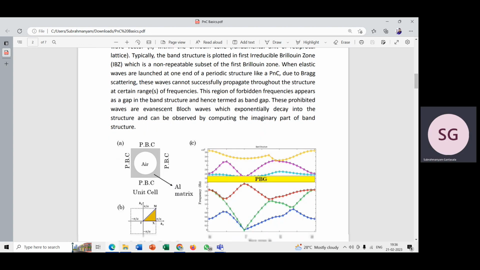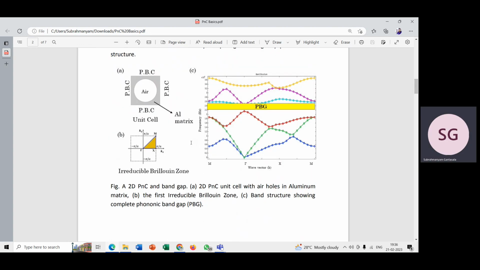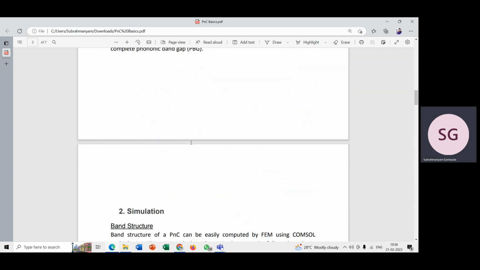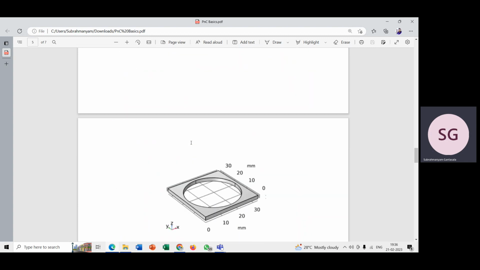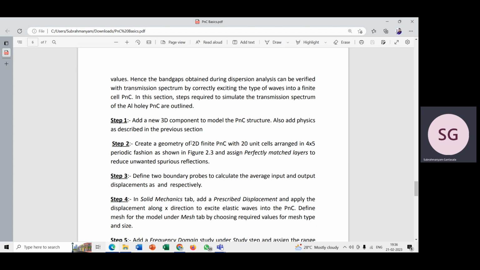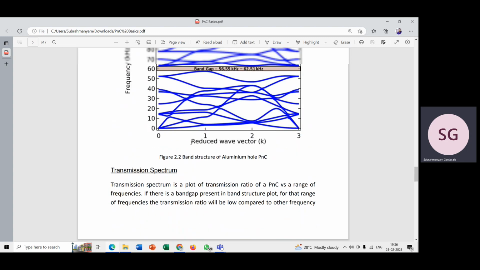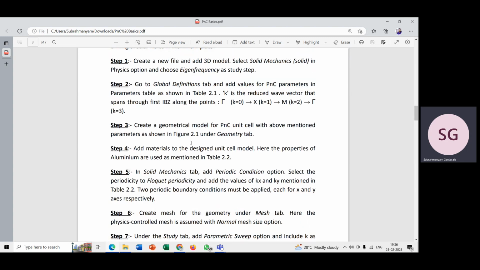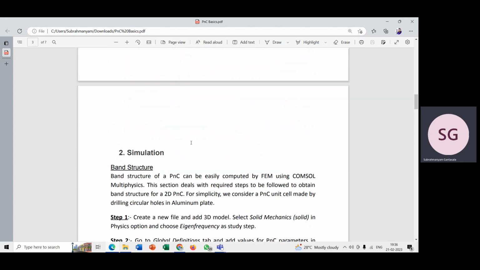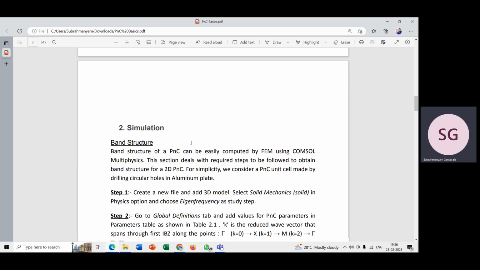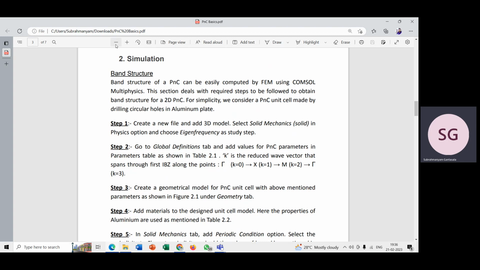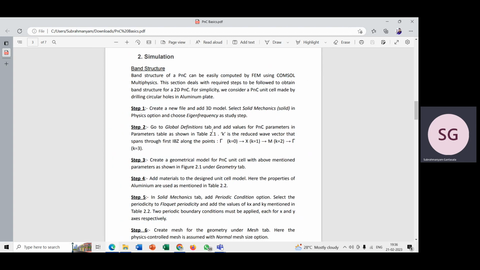Yeah. So this is about band structure. Coming to the next topic, another property of a phononic crystal is the transmission spectrum. This document I have shared in the Google Drive so that you can go through the steps. For now, let's go through COMSOL Multiphysics and see how we can